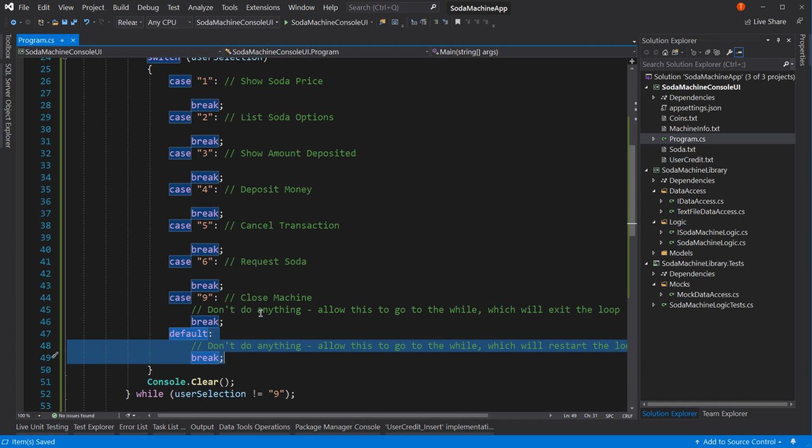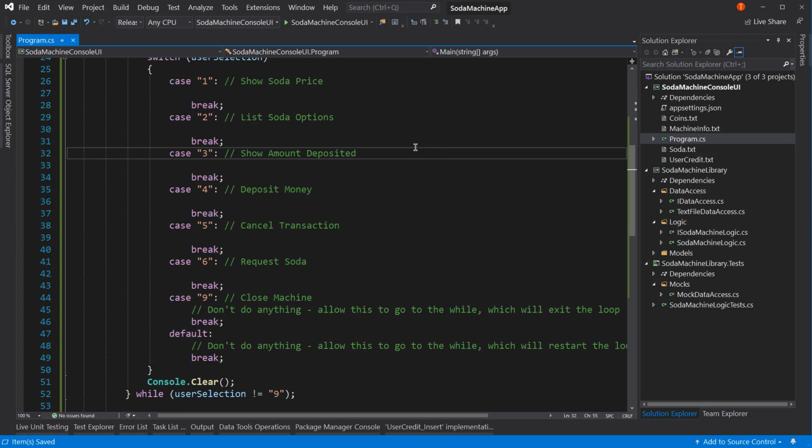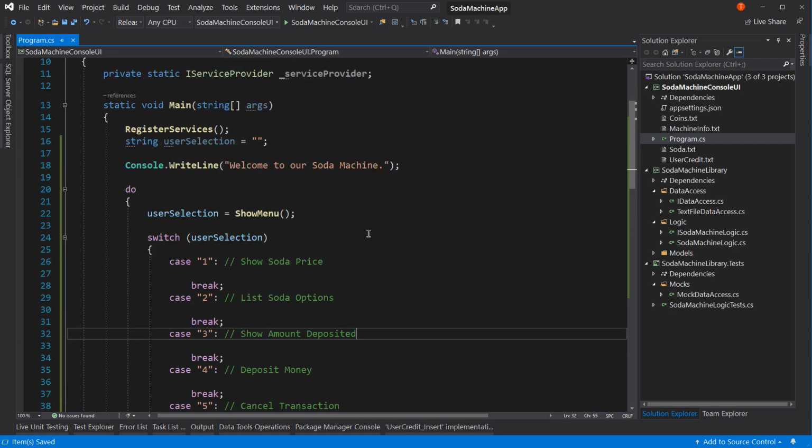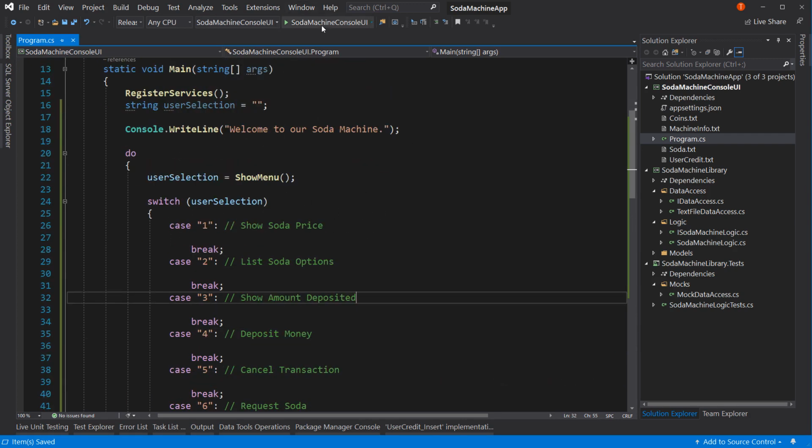It's not going to break. It's just going to start over. And hopefully they get the idea that they're doing something wrong. All right, so at this point, we should be all set. Let's run this and make sure it does actually run the menu. Not that it's going to do anything else, but it should at least run the